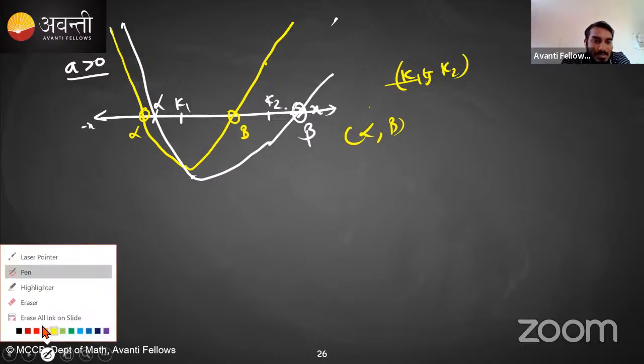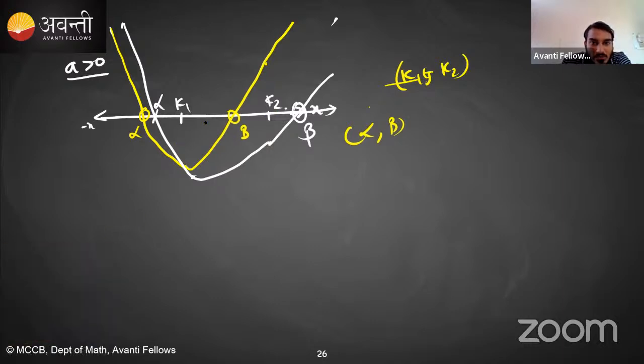So now you can see that k1, k2 is between alpha and beta, and simply if f of k1 is less than 0, f of k2 is less than 0, then right, देखो k1 और k2 पे नेगेटिव वैल्यू लेनी है, एंड एट एक्स इक्वल टू इन्फिनिटी फंक्शन को इनफाइनाइट भी जाना है, एट एक्स इक्वल टू माइनस इन्फिनिटी फंक्शन को माइनस इन्फिनिटी भी जाना है. So the only possible way is that like this,